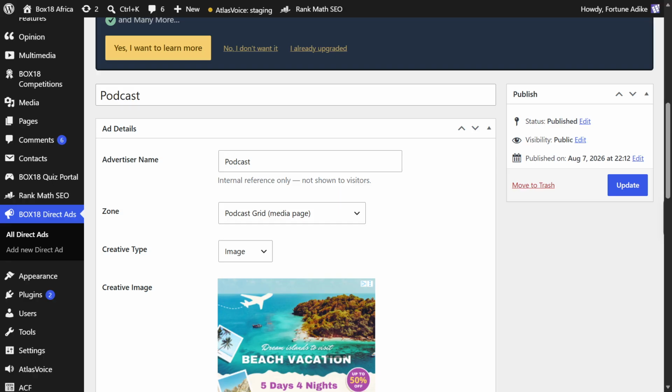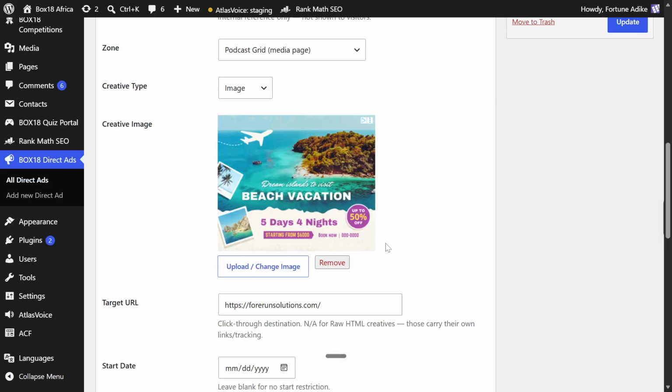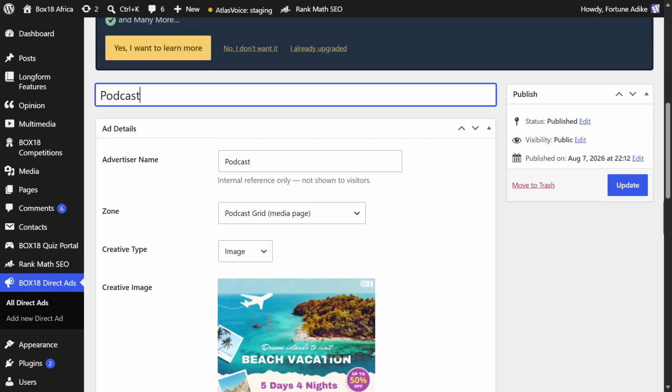Now you don't want to use only podcast. I'm using that name because I only have one. In the future, you may want to have other podcasts, and you don't want to be deleting podcasts just to replace another one. No, you don't want to do that. Okay, maybe I have an existing podcast ad that I've deactivated, and now I want to publish another ad under that same podcast zone. You don't want to always be deleting them,